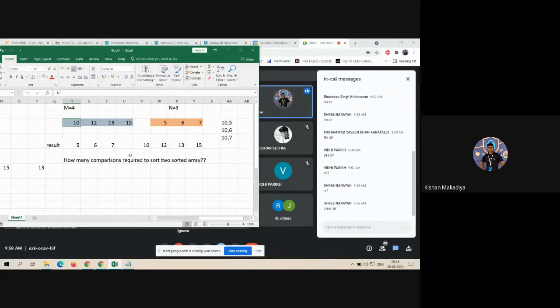Okay. But now let's take another example. Sir, but still we have to traverse, so it will be m plus n only. Obviously. Yes, sir, got it. The loop will be the same thing. We have to simply copy and paste into our resulting array. I was just thinking about swapping. Okay, it's okay, fine.